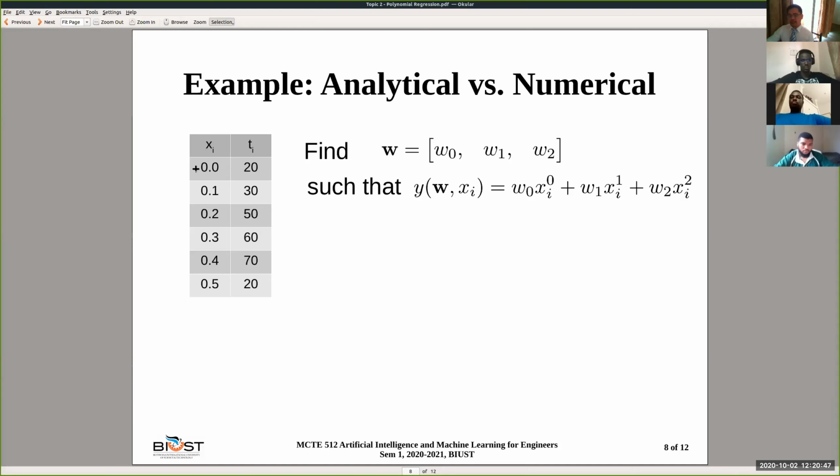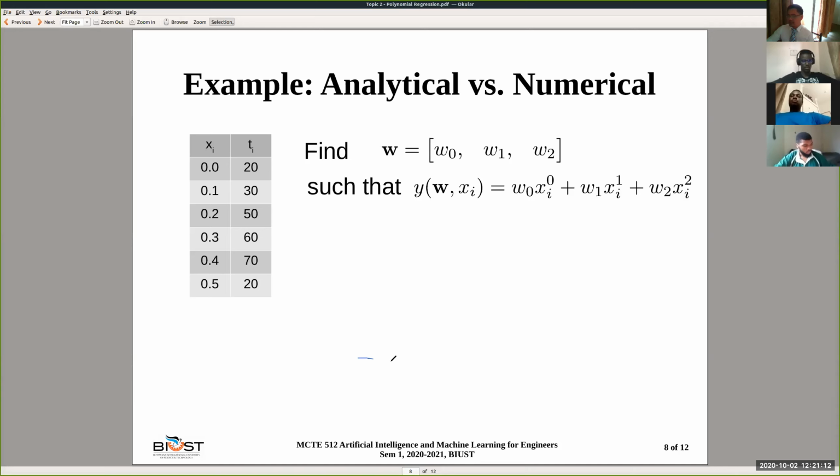So at x equal to 0, the target is 20. At x2 equal to 0.1, the target is 30, and so on. We have 1, 2, 3, 4, 5, 6. That means in the sixth set, x sub 6 is equal to 0.5, and the target is 20. So if you plot it, it will look like,